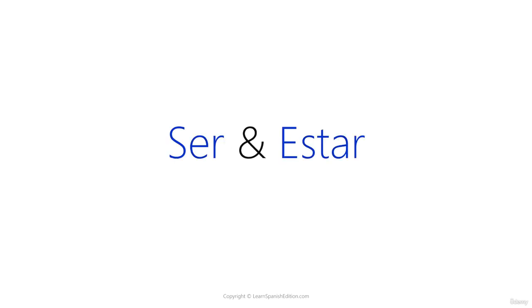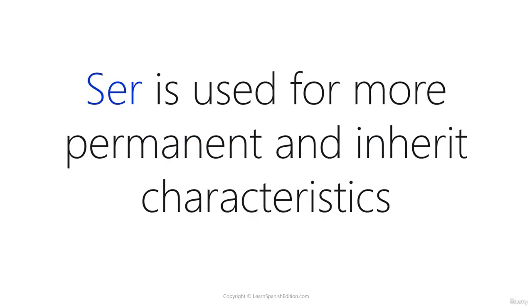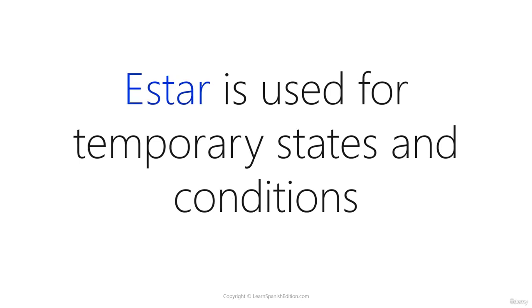But the thing is, in Spanish, there are actually two verbs for to be. Those are ser and estar. Both mean to be, but they're used in different ways. Ser is used for more permanent and inherent characteristics, whereas estar is used for temporary states and conditions. This is the very general top-down definition of these verbs, but when we break it down in a nicer way,